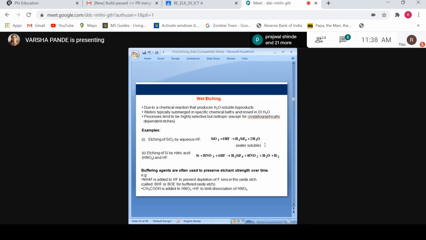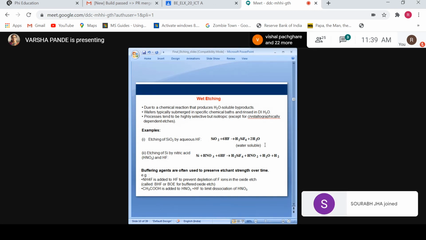Then suppose some few minutes are required, suppose 1 minute, 2 minutes, we should know what the etch rate is, and after that sufficient time we have to remove that wafer, simply rinse that wafer and dry it with the help of a dryer. So the unwanted part will be removed. But what is the drawback? The under etch also happens. Under etch means below the mask there will be etching, because as we have kept this in the solution, this solution will etch in the horizontal direction also, in the vertical direction also. That is the drawback of wet etching.